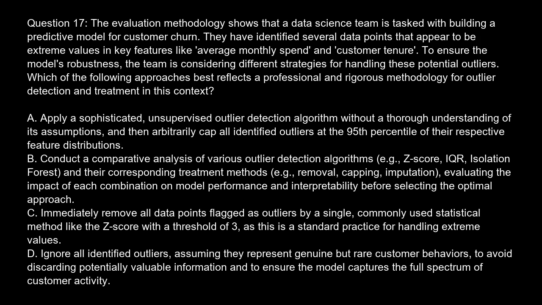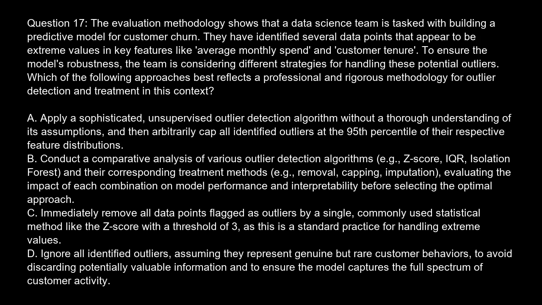Option A. Apply a sophisticated, unsupervised outlier detection algorithm without a thorough understanding of its assumptions, and then arbitrarily cap all identified outliers at the 95th percentile of their respective feature distributions. Option B. Conduct a comparative analysis of various outlier detection algorithms, e.g., Z-score, IQR, isolation forest, and their corresponding treatment methods, e.g., removal, capping, imputation, evaluating the impact of each combination on model performance and interpretability before selecting the optimal